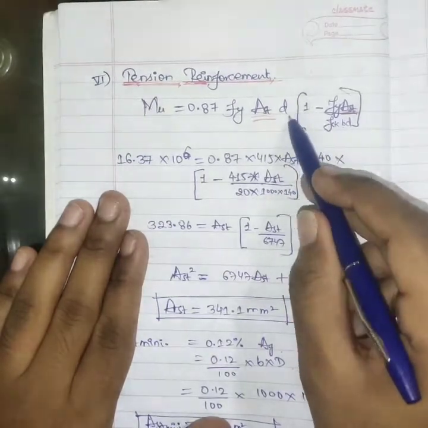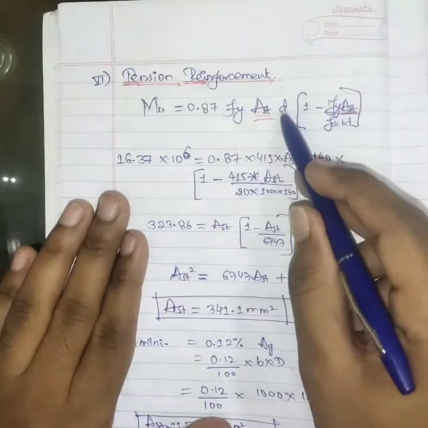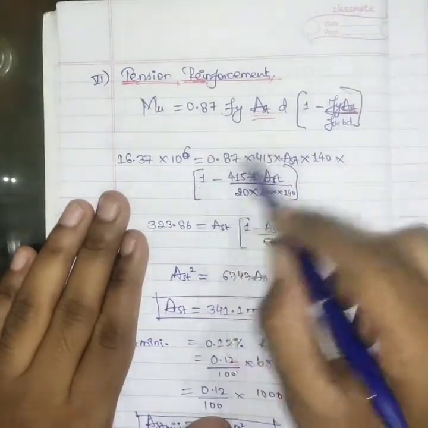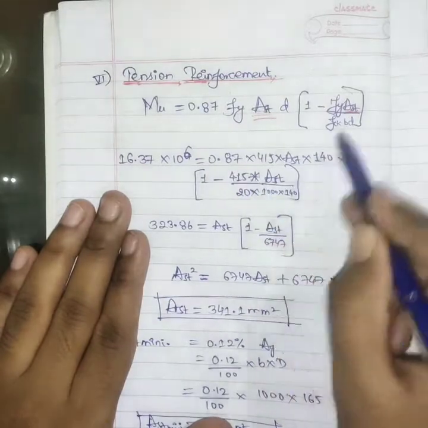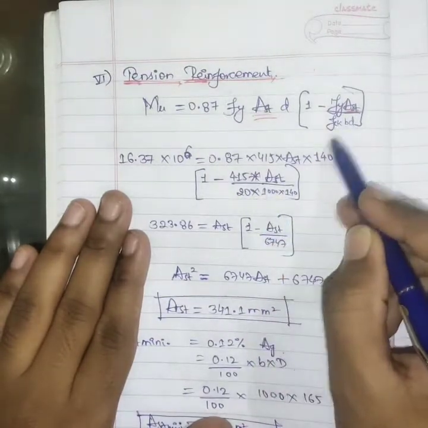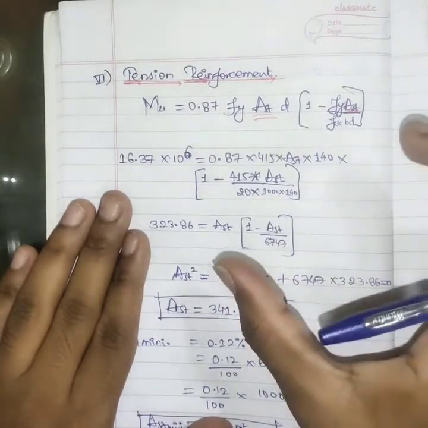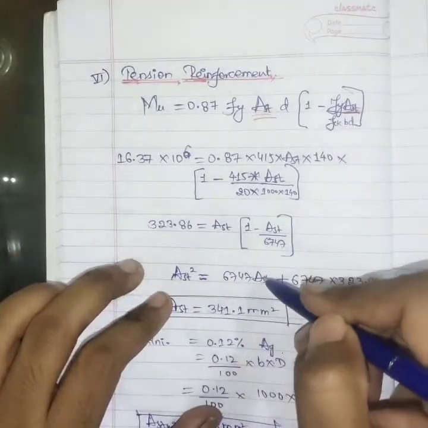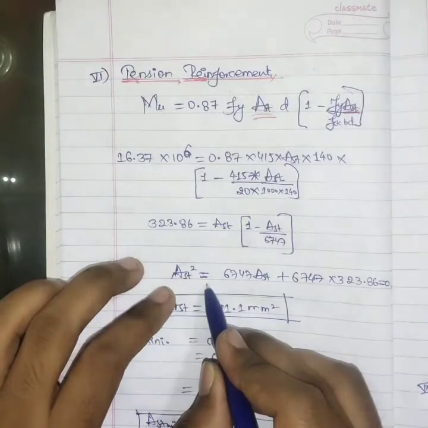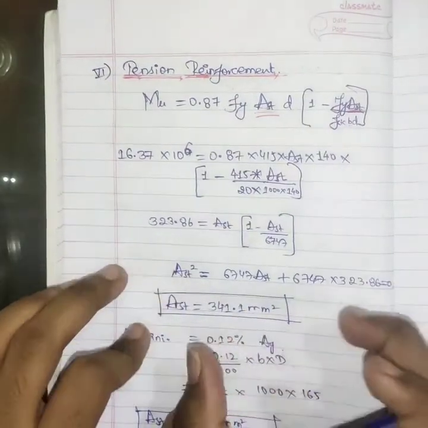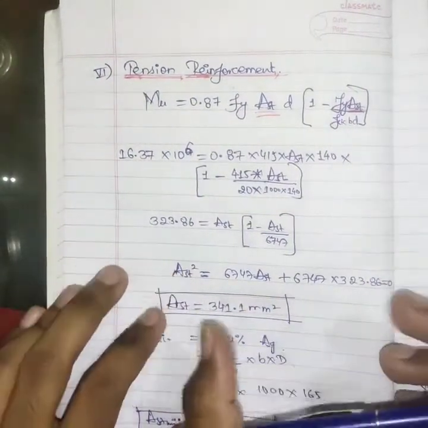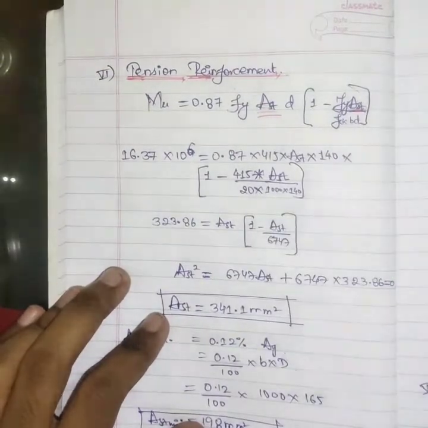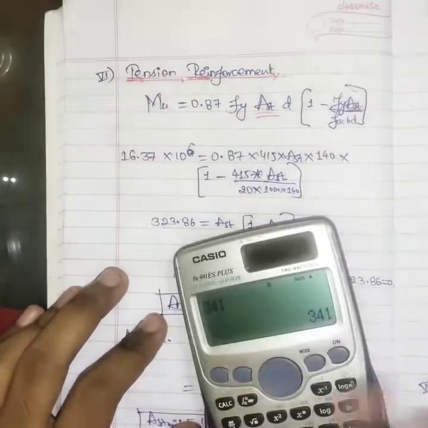And d is the effective depth we have provided, 140, bracket of 1 as it is, fy is 415, Ast as it is, fck is 20, and b breadth is 1000 and effective depth is 140. When we calculate all these, we get a quadratic equation, and when we solve it we get almost 341